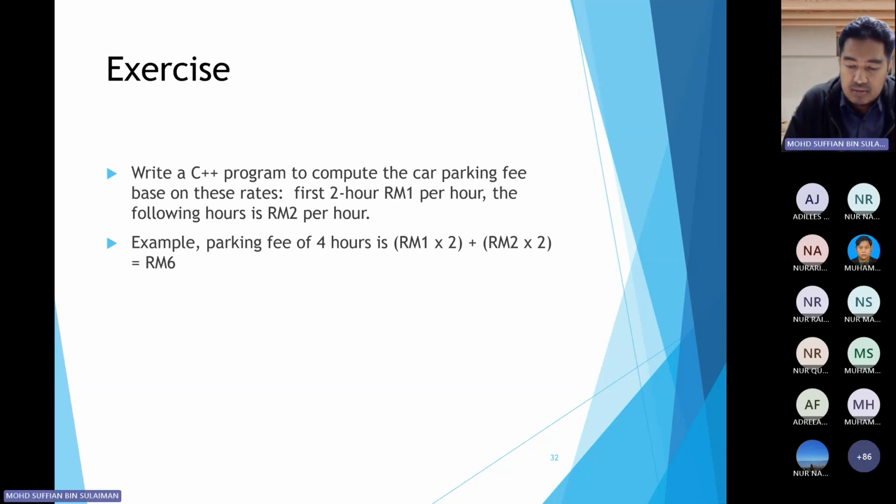Okay, we have exercise. Write a C++ program to compute the car parking fee based on this rate. First 2 hours RM1 per hour. The following hours is RM2 per hour. Example parking fees is